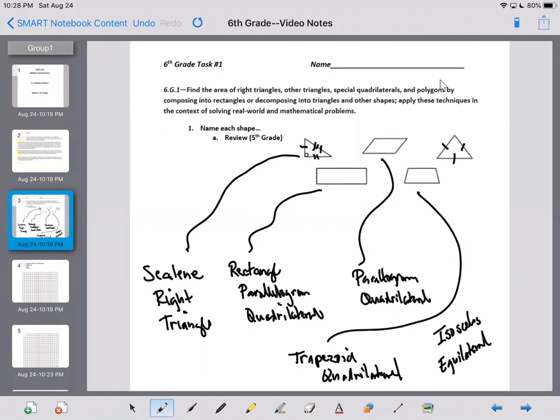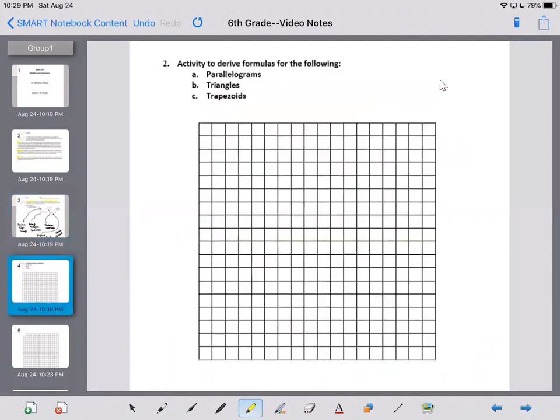But now with 6G1, we're looking at finding area. When we're dealing with the area of triangles or quadrilaterals or different polygons, we need a formula to do that. Those are some general formulas that I'm sure you'll recall as we talk about this, but we just want to go through where the formulas come from. So we're looking strictly at deriving those. When we look at a parallelogram, remember, it could be